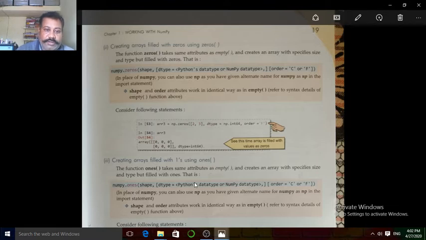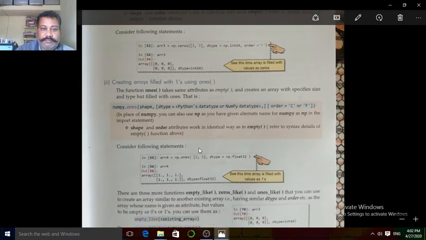So when we print arr3, its output is a nested list of 2 rows and 3 columns of zero values with int data type 64.